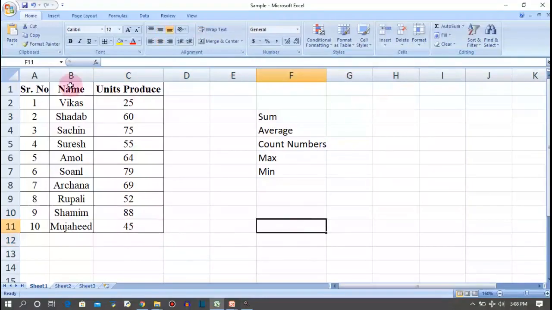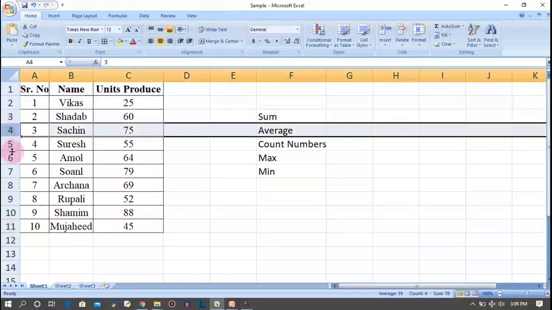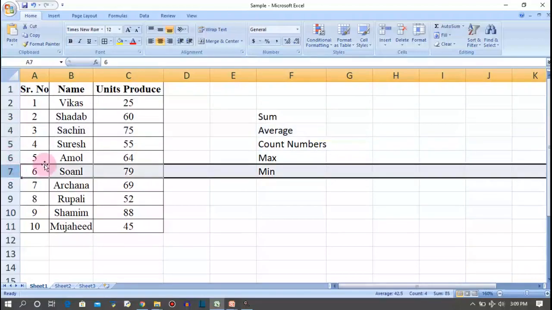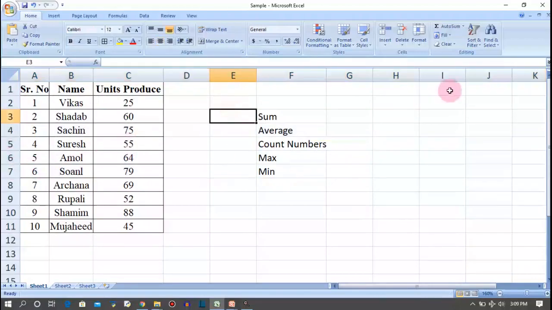In Excel, everything is present in row and column format. A, B, C, D, E, F are the columns, and the numbers 1, 2, 3, 4, 5, 6 represent the rows. When your mouse pointer points to a specific row and column together, it is called a cell.